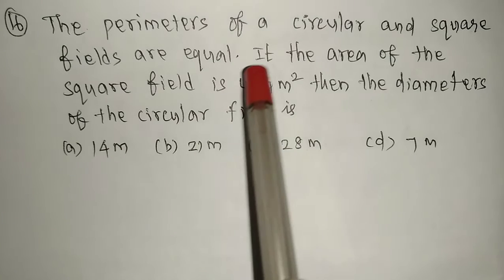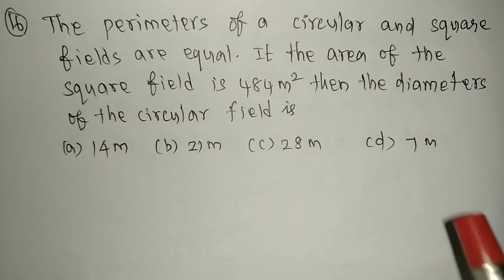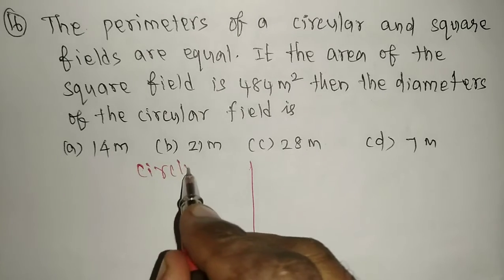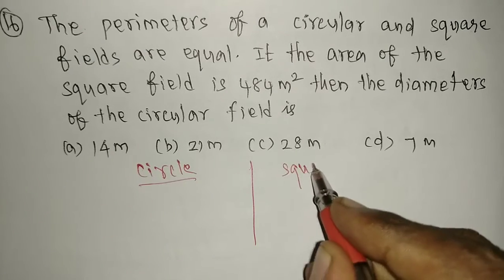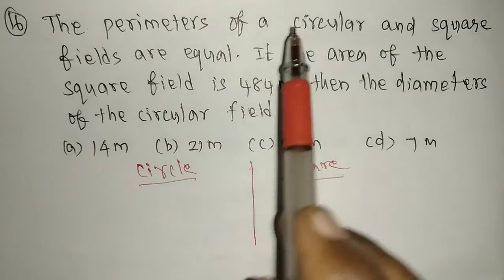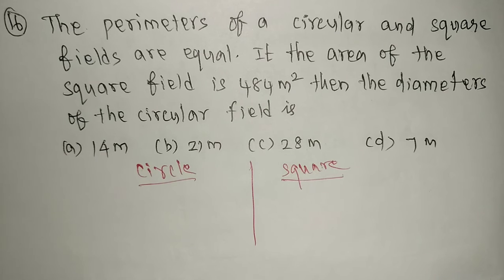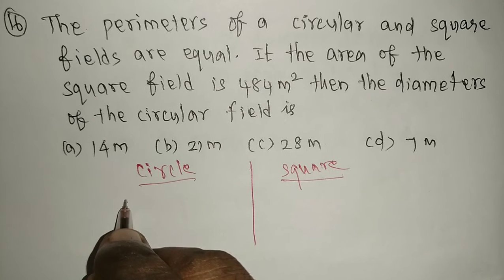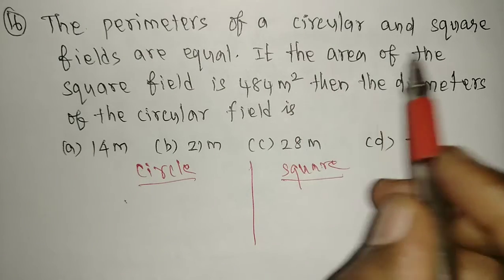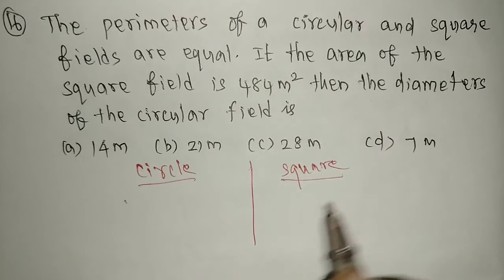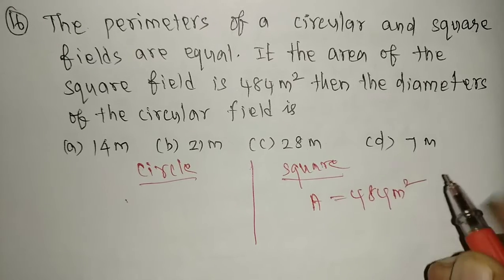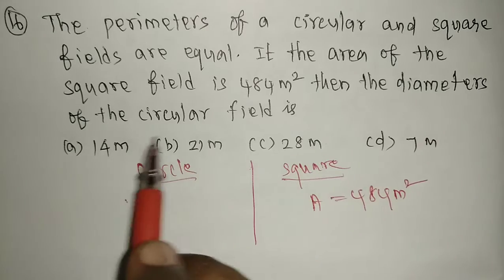The perimeter of a circular and a square field. So we have two things. One is a circle. Next is a square, like that. The perimeters are equal, so the perimeter of the circle and the square is equal. They said the area of the square field is 484 meter square. Then the diameter of the circular field,